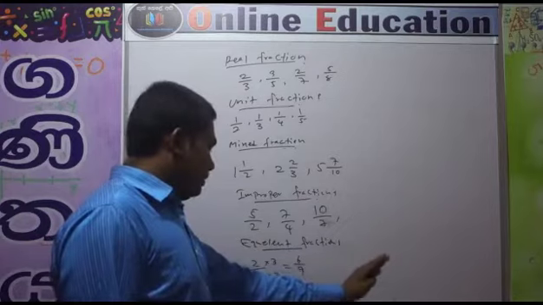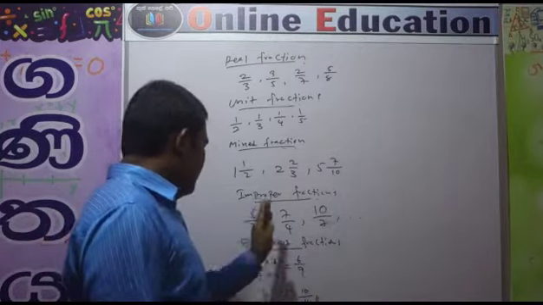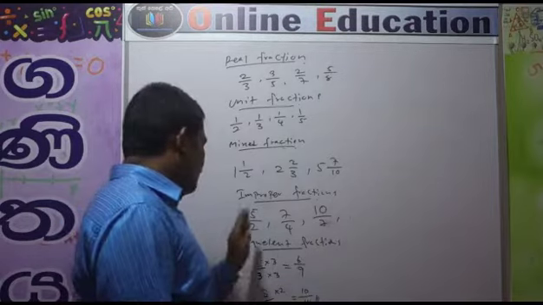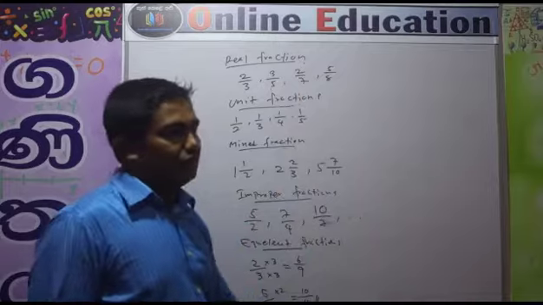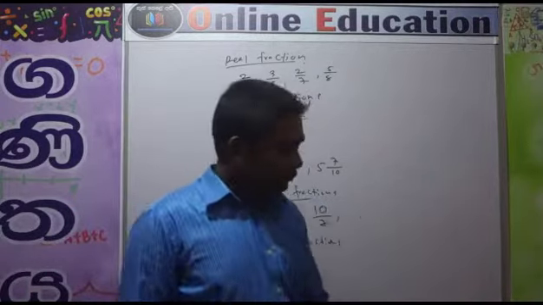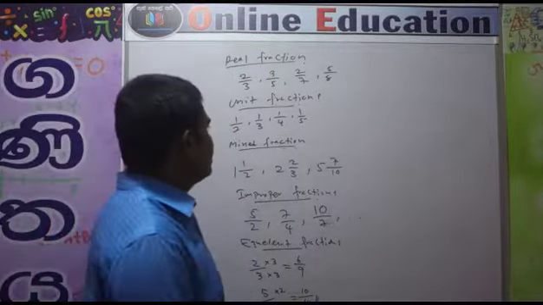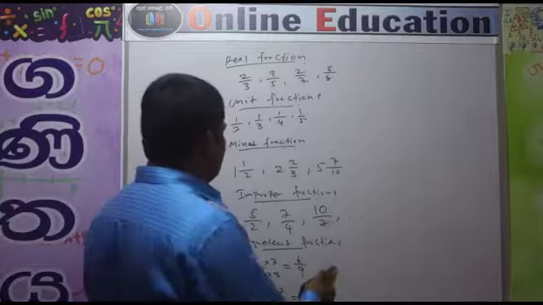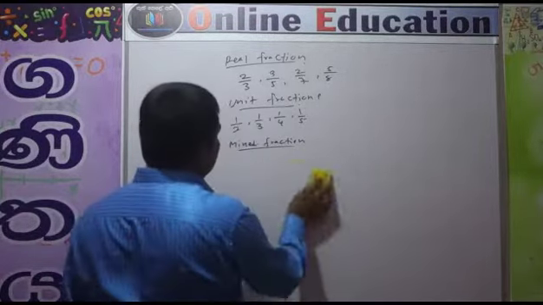If we multiply by 3, another one. If we multiply by 4, another one. If we multiply by 5, another one. All are the equivalent fractions. All are similar. Okay. These are the fraction types. These fraction types you need to know. Right. Next we will discuss how we can convert